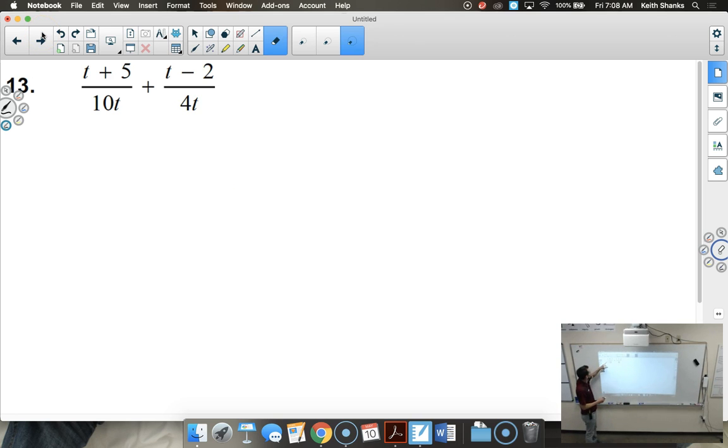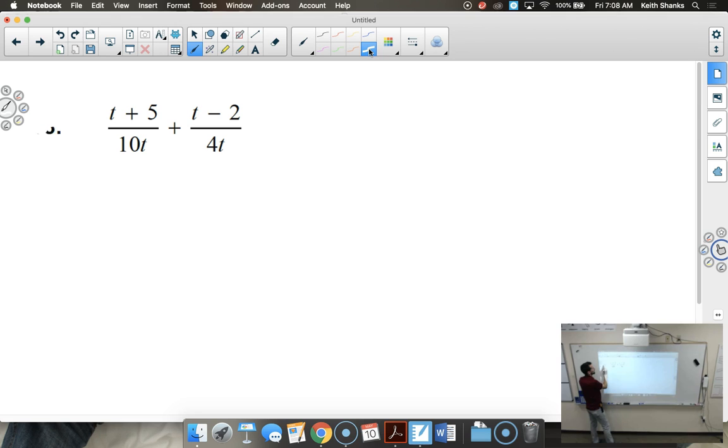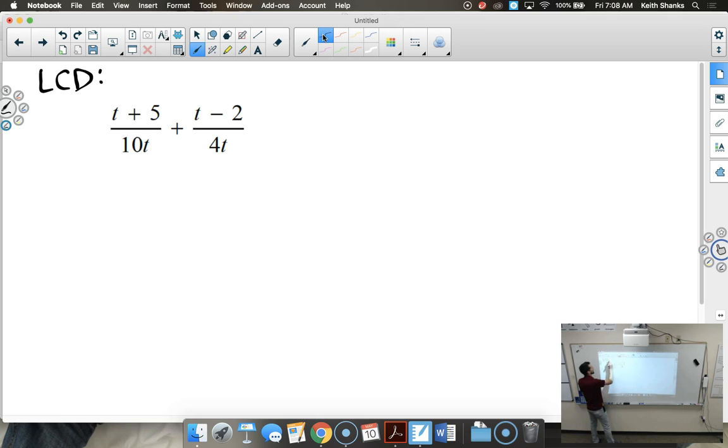All right. This one, number 13. Again, let's bring this down. Let's give ourselves a little room to work here. Number 13. Least common denominator, LCD. It's always helpful to acknowledge what it is. Smallest number that 10t and 4t go into would be 20. They already have the t, but I need to get them to be 20, right? So on the left, I'd have to multiply this by 2 over 2, all right? Which is going to give me a value of 20t over, that's on the denominator, and then 2t